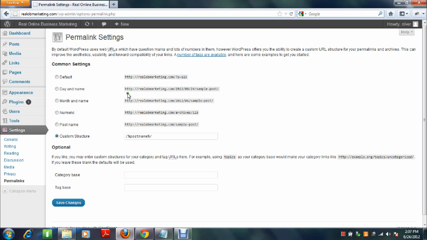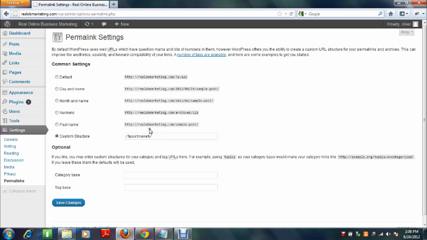I wouldn't recommend something with the date and the name, or the month and the name with, you know, multiple numbers like the year and stuff. But I would put post name, or actually my website is set up with a post ID here. I can't recall exactly what the syntax for that would be, but you can look it up fairly easily. So you want to put post ID and then post name after that in this box here where it says custom structure, and by putting that number in there, it's gonna allow your website to be extremely fast,